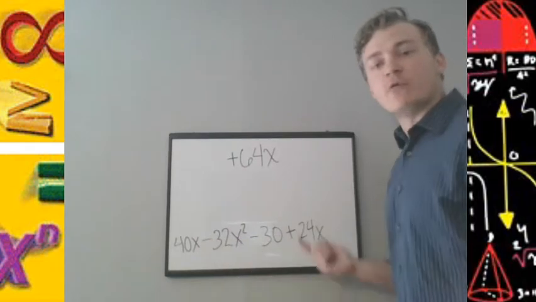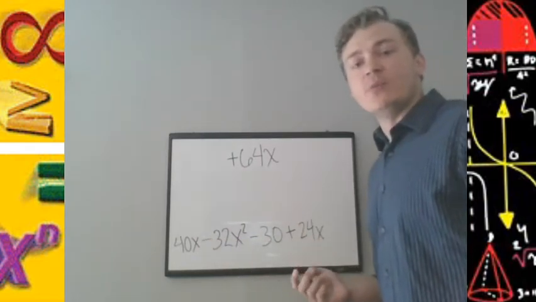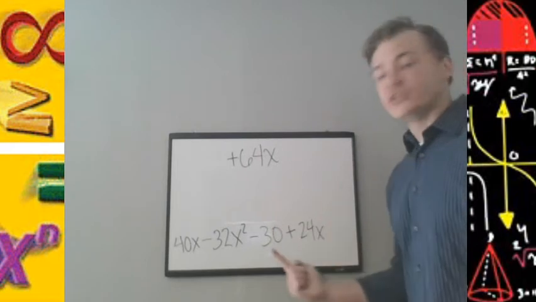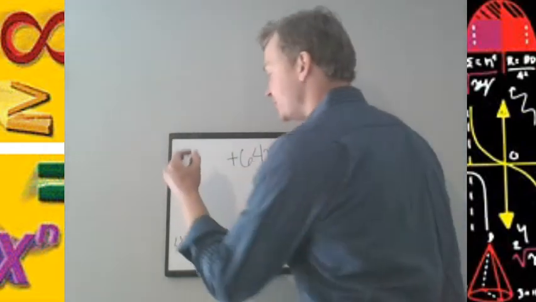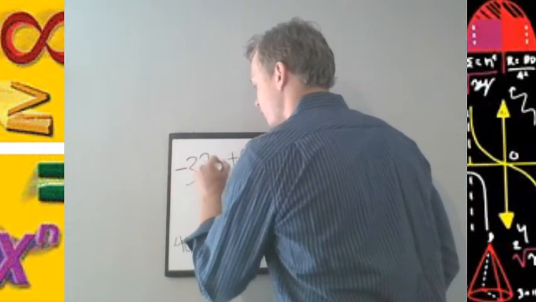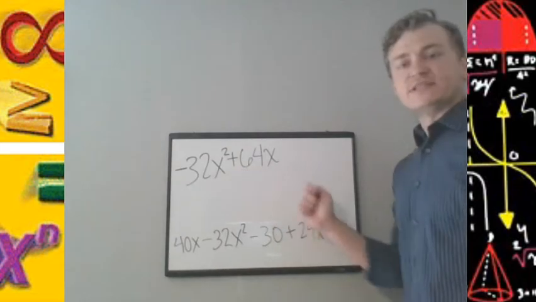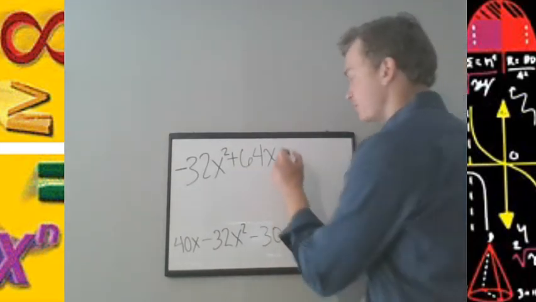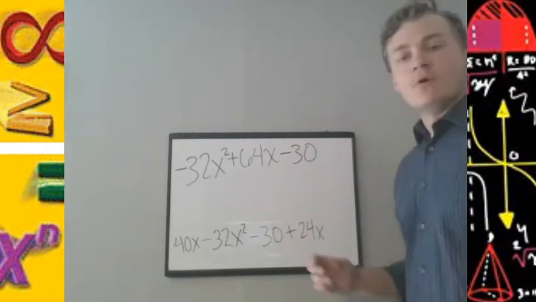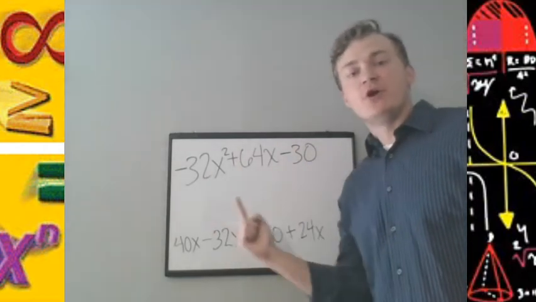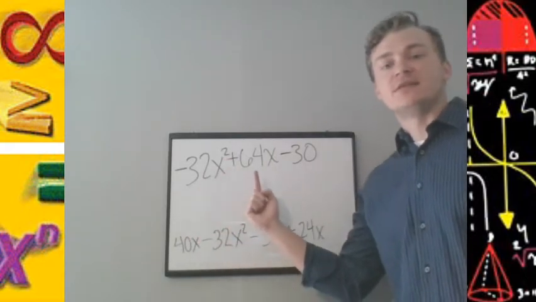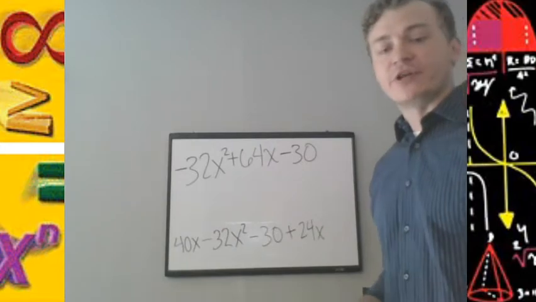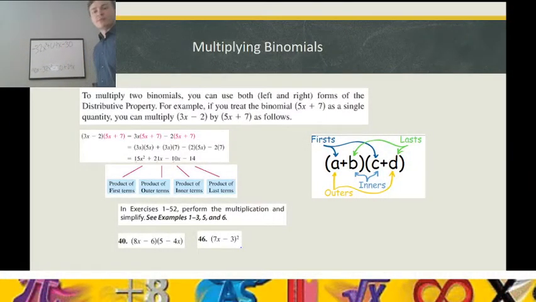So now writing our newly simplified polynomial in standard form with the largest exponent, x squared, out front, the minus 32x squared is negative 32x squared plus 64x minus 30. Our degree of the polynomial is 2, the leading coefficient is negative 32, and our constant is negative 30. Our second problem there is the binomial 7x minus 3